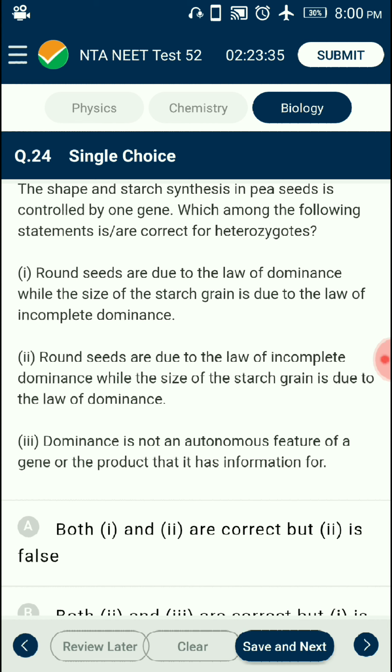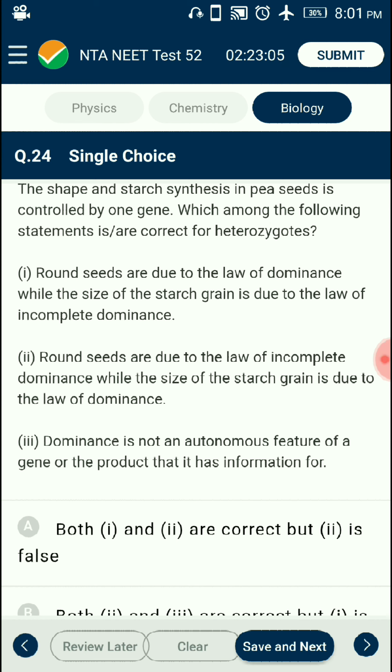It was observed that the starch synthesis process and the shape of the seed are controlled by a single gene. The gene showed two alleles, namely capital B and small b. Capital B homozygotes result in large starch grains as compared to those produced by small b homozygotes. After maturation, it was observed that the round seeds were expressed by the capital B condition and small b expressed the wrinkled